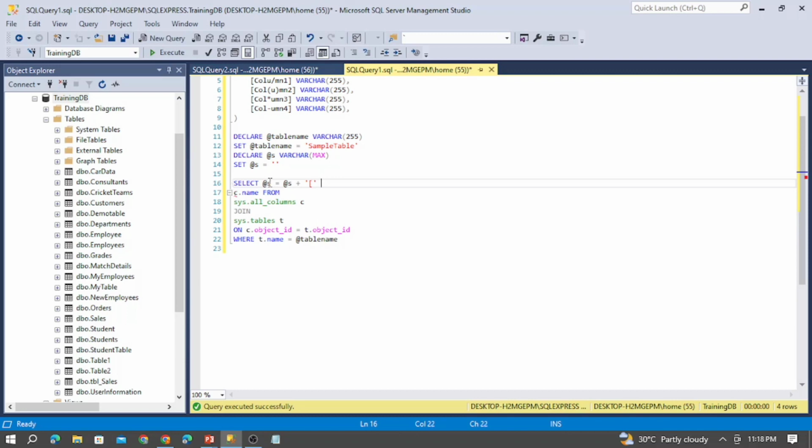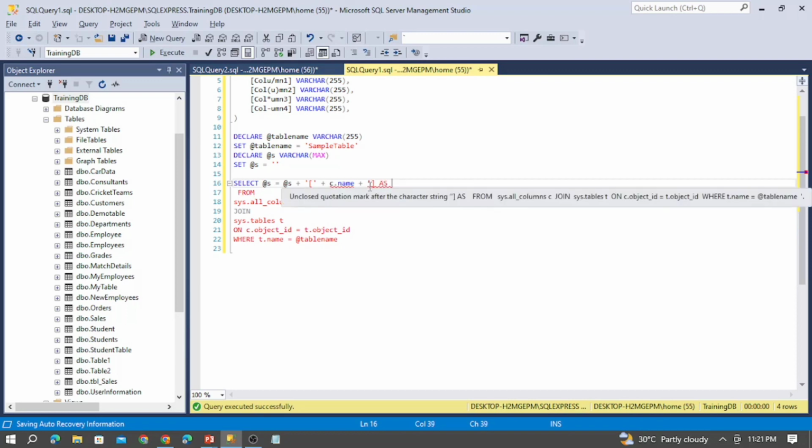Let me provide an open bracket in a string format. This is going to concat all the values that I'm going to provide. This plus is used as a concat operation. I am going to provide all as a string format. So I need to enclose all the column names, and after this I am going to provide the close bracket